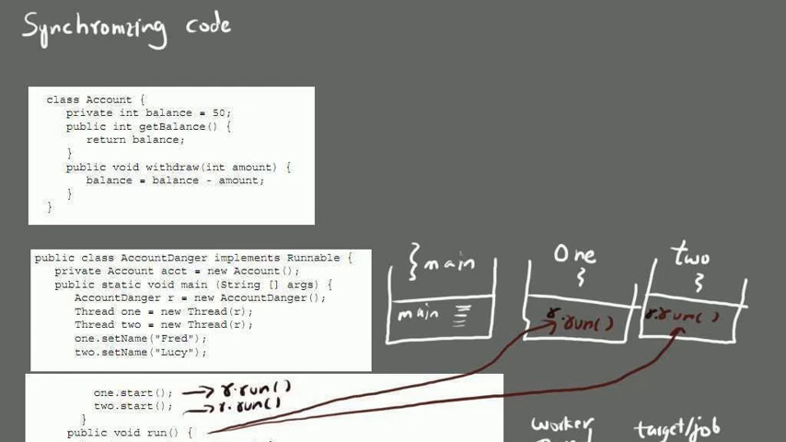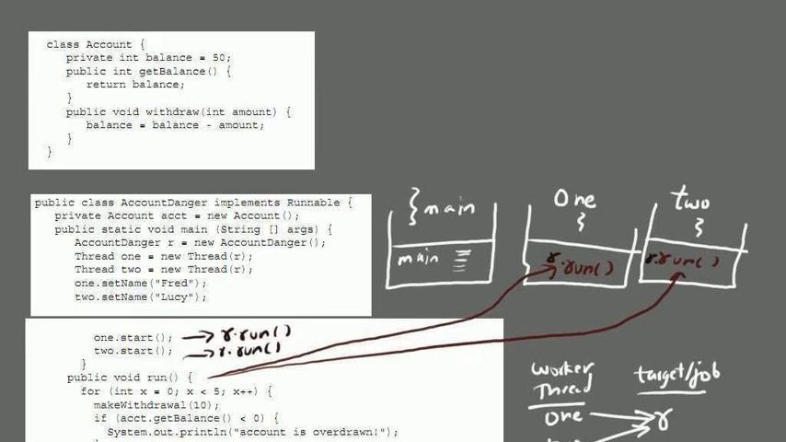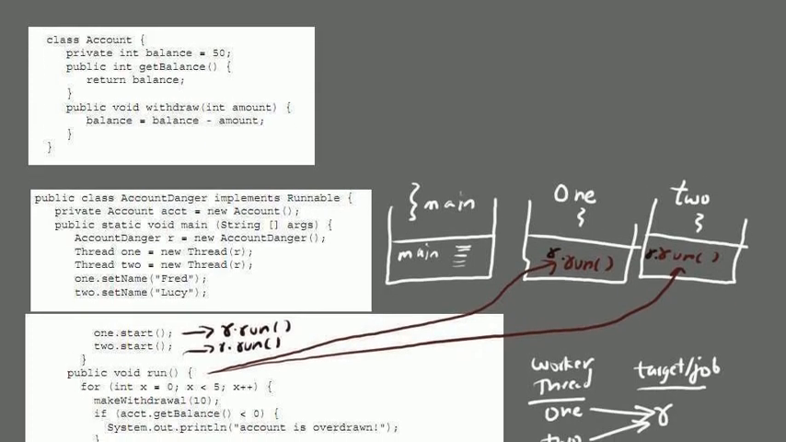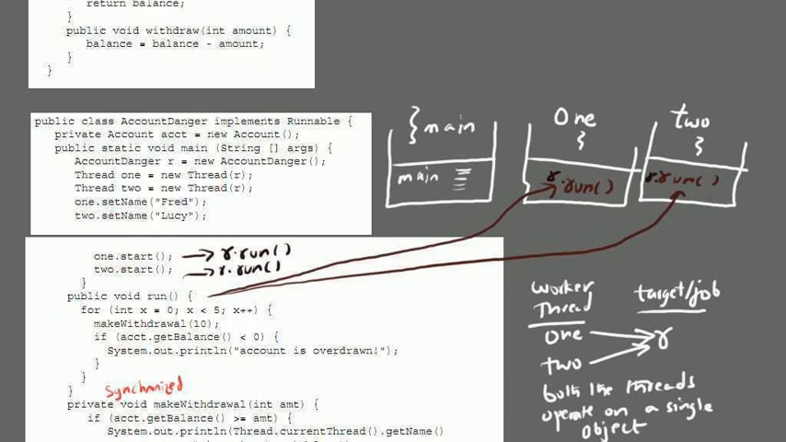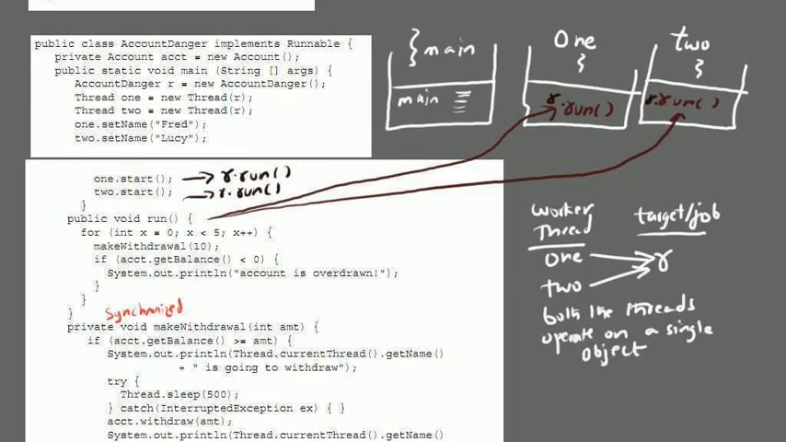In this video, I'll be talking about code synchronization in threads in Java. Consider this example, in which you have a class Account with these data members and methods, and you have AccountDanger, which implements Runnable, in which you implement the run method. You create a thread and give it R, so that one would execute